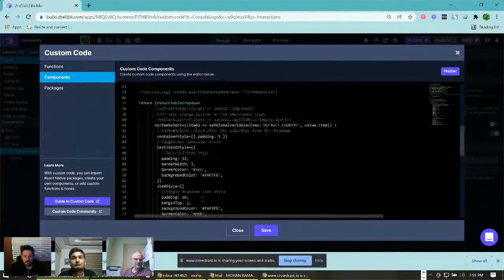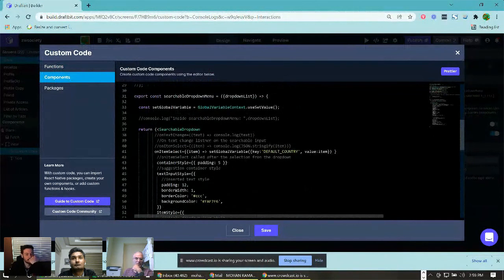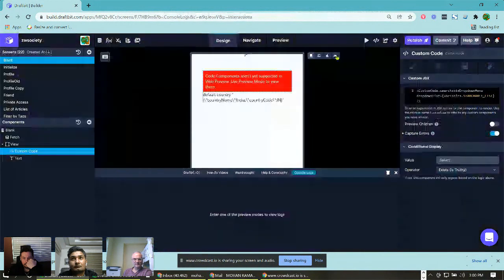So Rahul actually pointed out how to pass variables down, particularly global variables, I guess, or any variable for that matter. So I took the variable and then I shoved it into the input, and then whenever an item is selected, I set the global variable with the selected item. That's it, right? But what happens is when I actually render this,